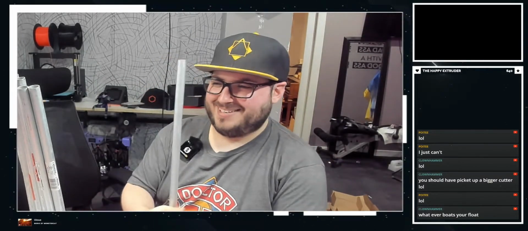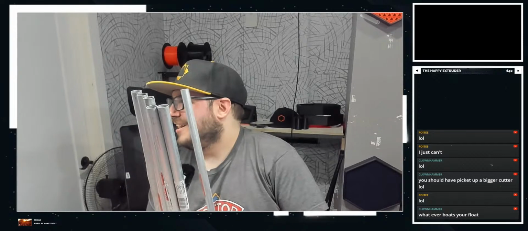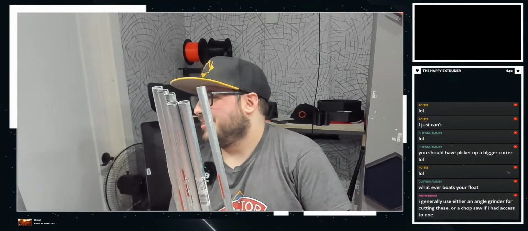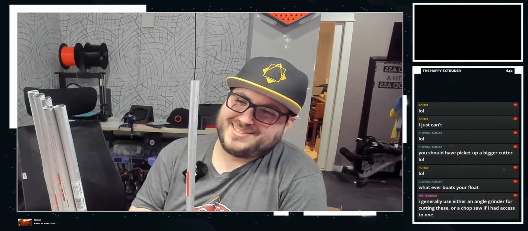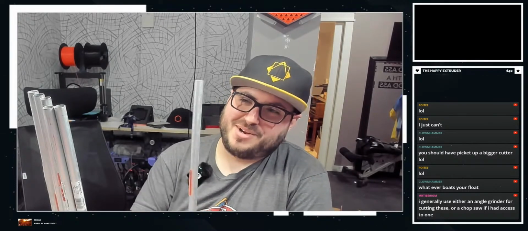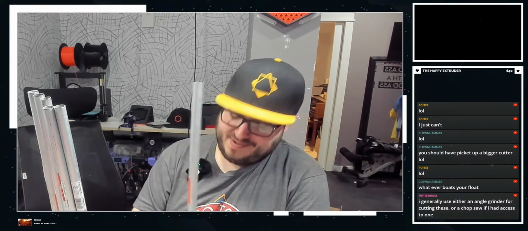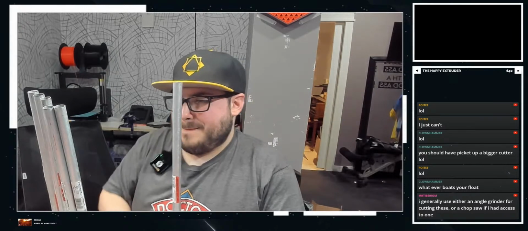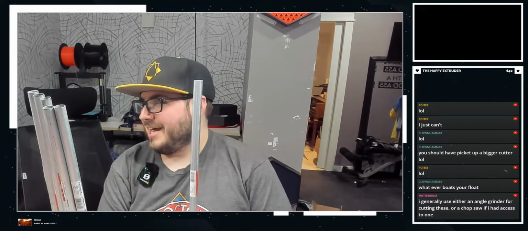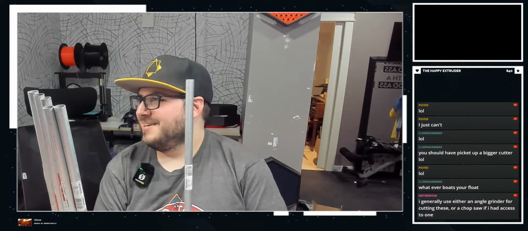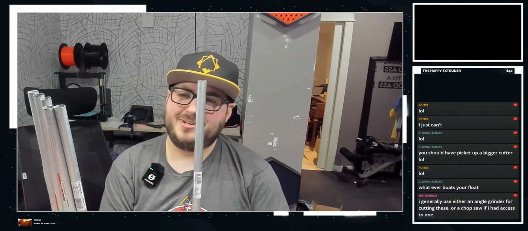I generally use either an angle grinder for cutting those or a chop saw. Yeah, both of those would be a great choice. I think I have the chop saw somewhere. But you know what gets more interaction?